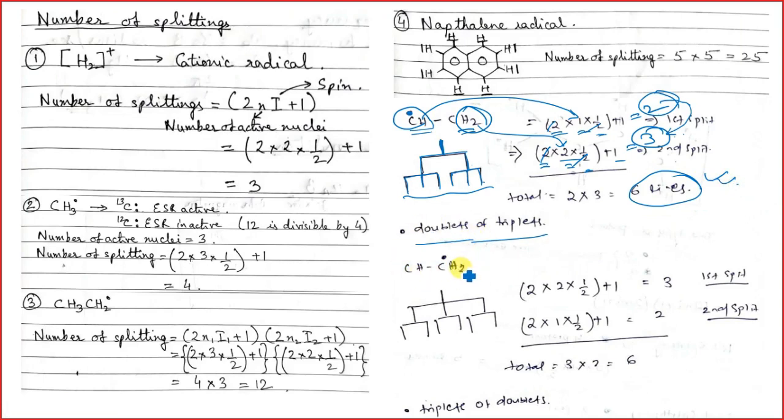In this case, where the radical position has shifted, you would again get 6 hyperfine splittings. But total you have 6, initially there are 3 splittings and then there are 2 splittings of each of these initial splittings. So it is called triplets of doublets. Triplets of doublets.